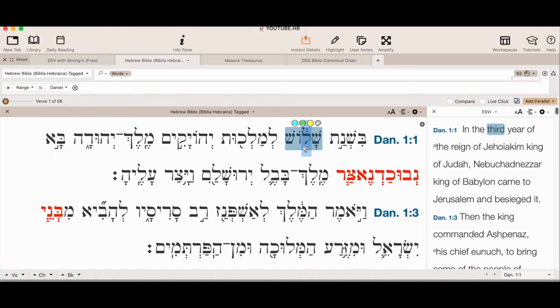Now, it so happens that bishnat consists of two words. Let's highlight it there, right? So b is the preposition, and shnat is the feminine singular construct form, the year of. So in the year of 3. Now, interestingly, the construct grammatically or syntactically has to connect to what follows, and so how appropriate that there's a conjunctive accent